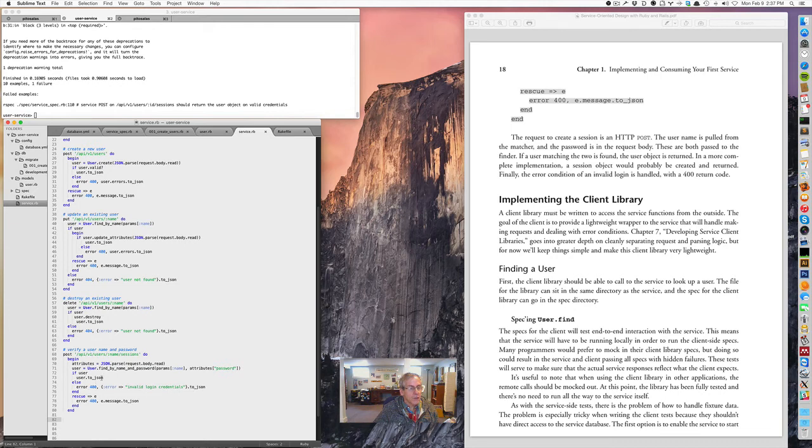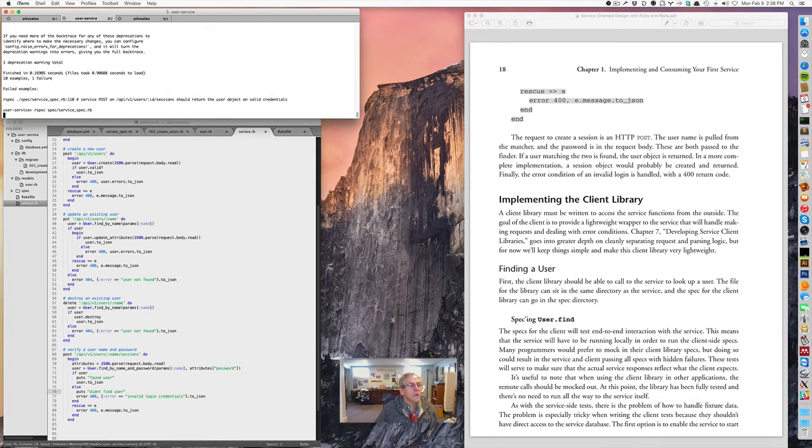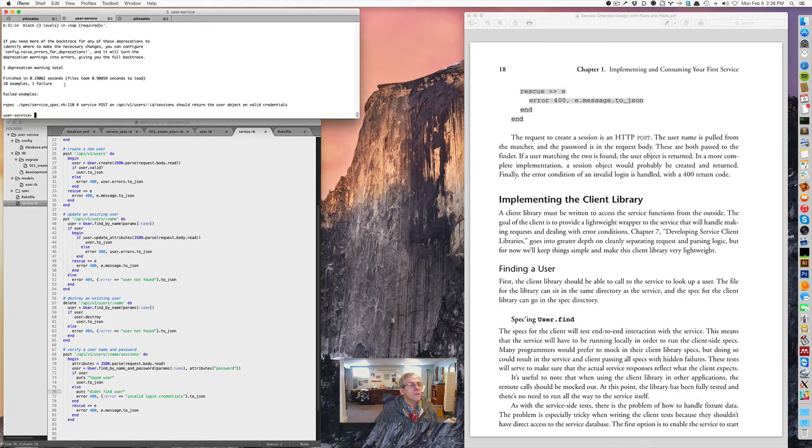So we don't know which of these two error cases are happening. So I'm going to put some put_s in here. I'm going to say put_s "didn't find user" in one case, and "found user" in the other. Found user, and in this case I'm going to say put_s "didn't find user." I'm going to run the test again, and we will see that